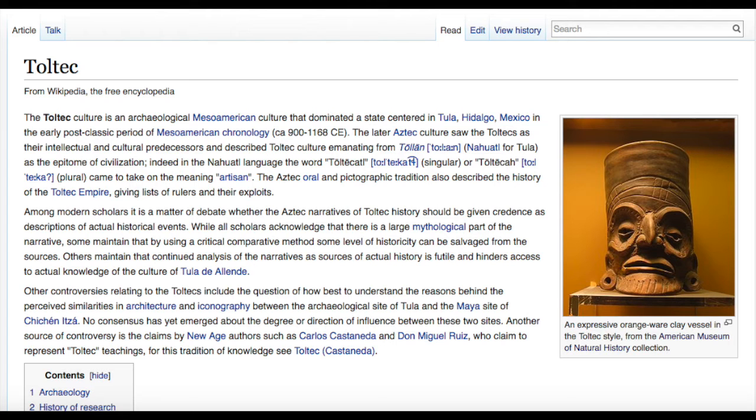Now, we know a certain amount about the Aztecs. We know a certain amount about the Mayans. We know a certain amount about the Incans. There's still a lot yet to learn, but there were many different cultures that came before those three main Mesoamerican and South American cultures that we have yet to learn about. But what I have found interesting about these Toltecs, you have to kind of dig in and learn more about it, but